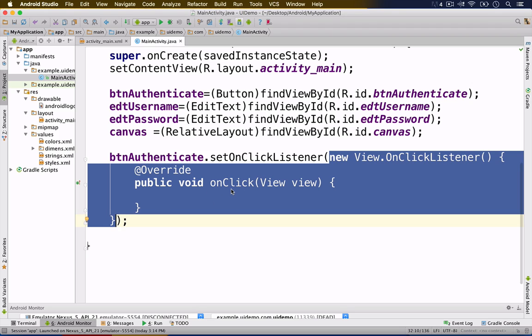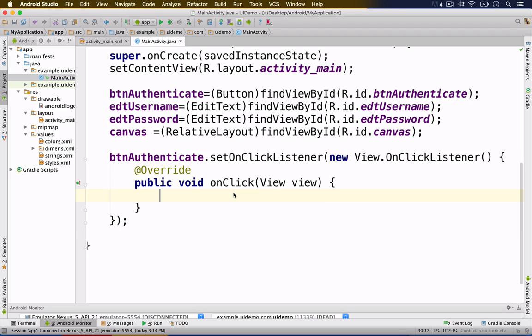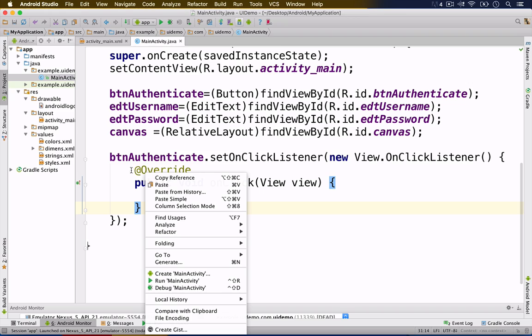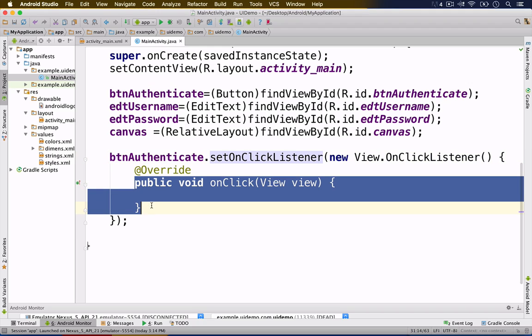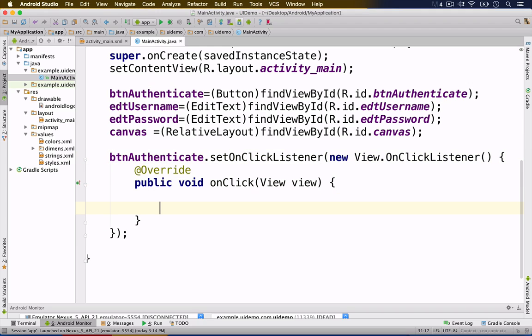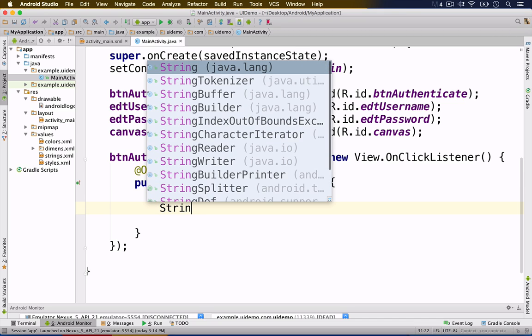an parameter on click, and this is a method here. This method will get executed when a user clicks on this button. So we are setting this on click listener and we're passing this on click method here. So within this on click method, I need to do the business logic which has to happen while the user clicks on the button. So let me create two string